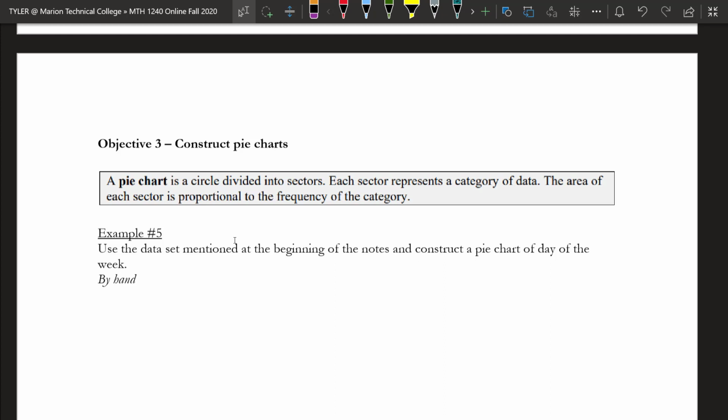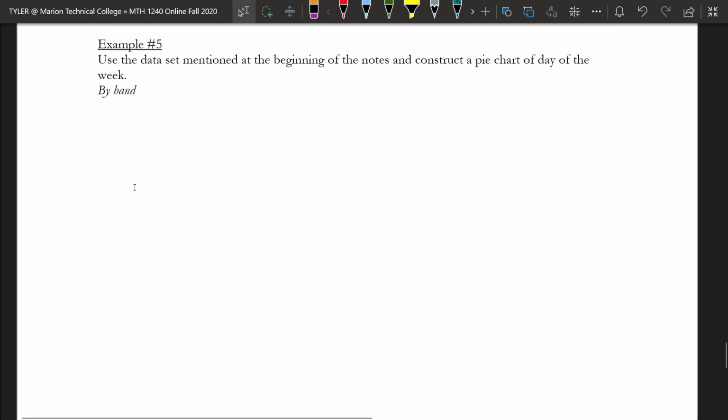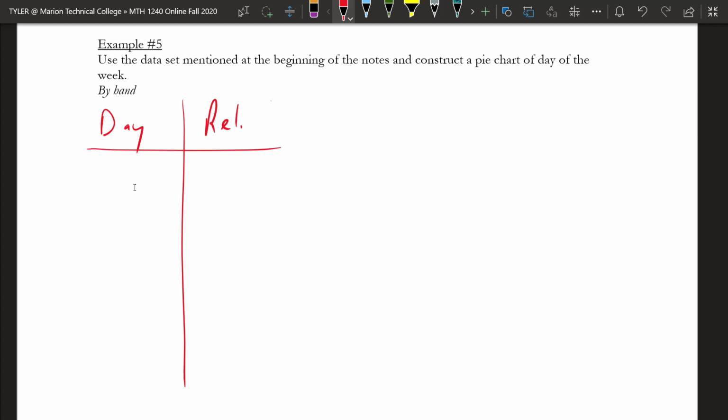So in example 5, we want to use the Meyer data to construct a pie chart of the day of the week. I have here how to do this by hand. I'm not going to go through all of it by hand, but just enough so you could do it if you wanted. It's not really practical today to do a lot of chart building by hand, but I think it's good for you to know what the computer's doing. So basically, we start out with my relative frequency distribution, with the day and the relative frequency,